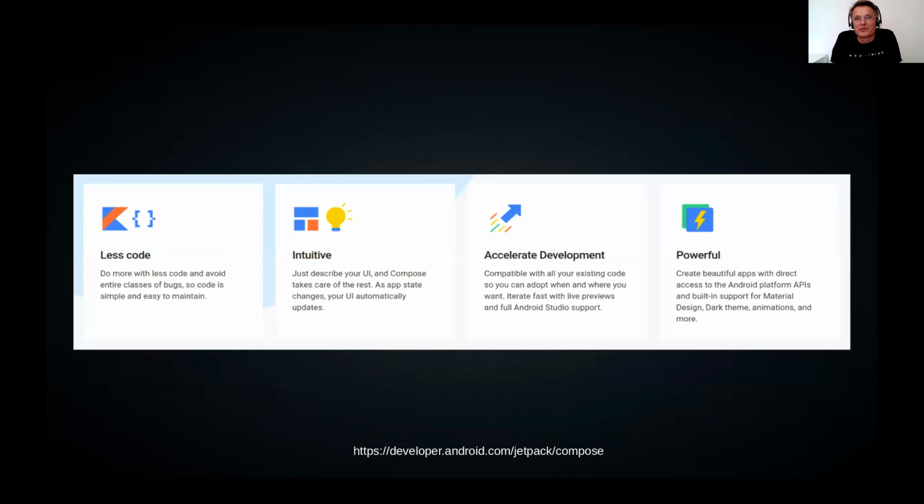This is also from the Google side, and it's the marketing blurb for Jetpack Compose. It's what they say they want to achieve with Compose, so that we all need less code to create the UI, which is probably easy given that XML is very verbose and we all have to do findViewById and whatnot in our code. So I guess this is an easy target.